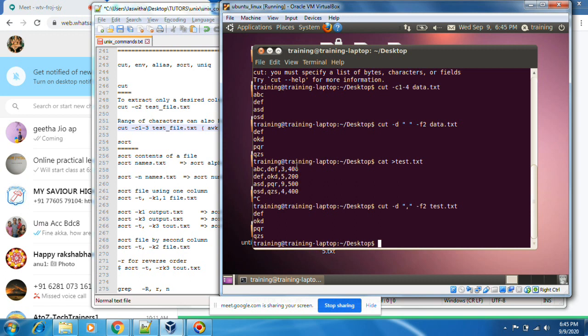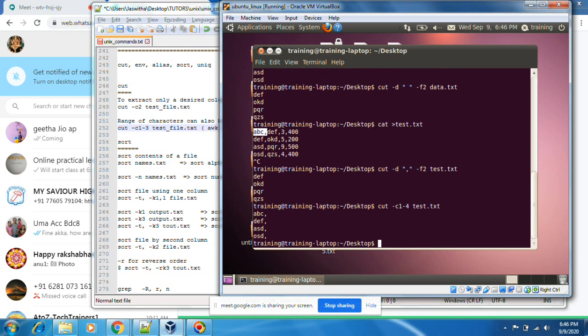If I want to cut by characters, from the first character to the fourth character, here also it should cut only these lines. Let's do cut. You can cut any number of characters you want.